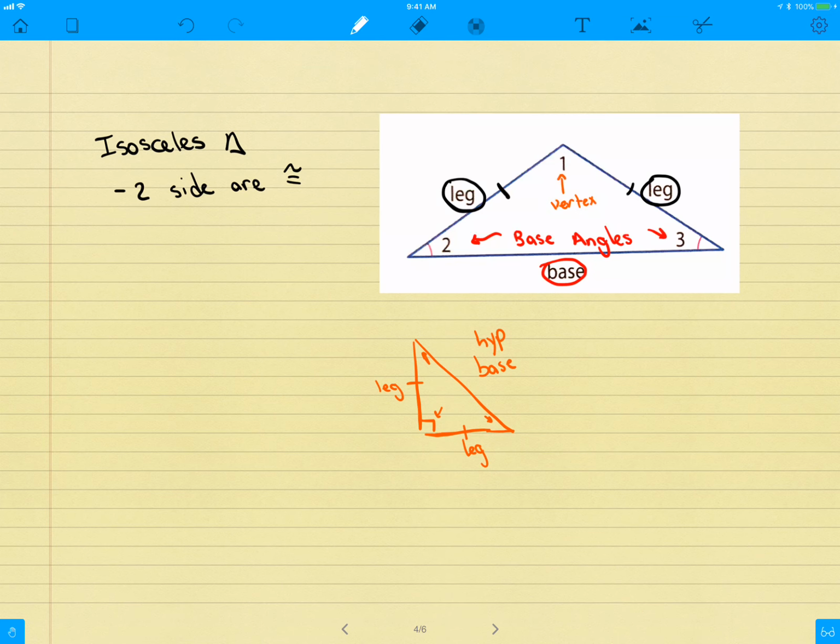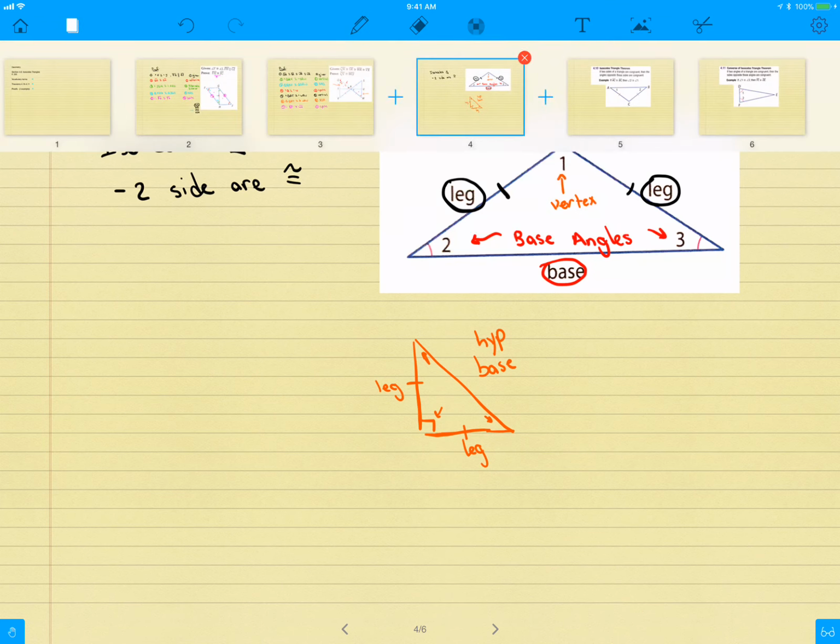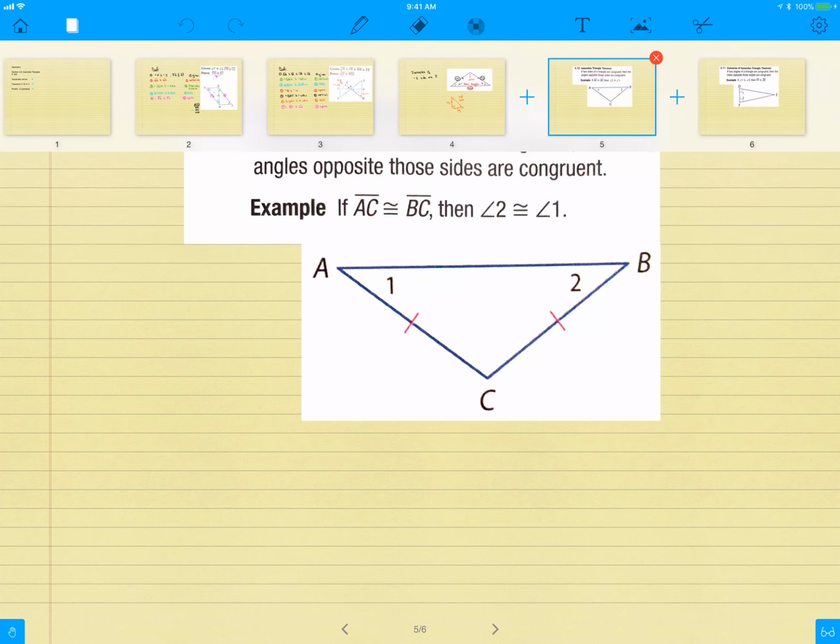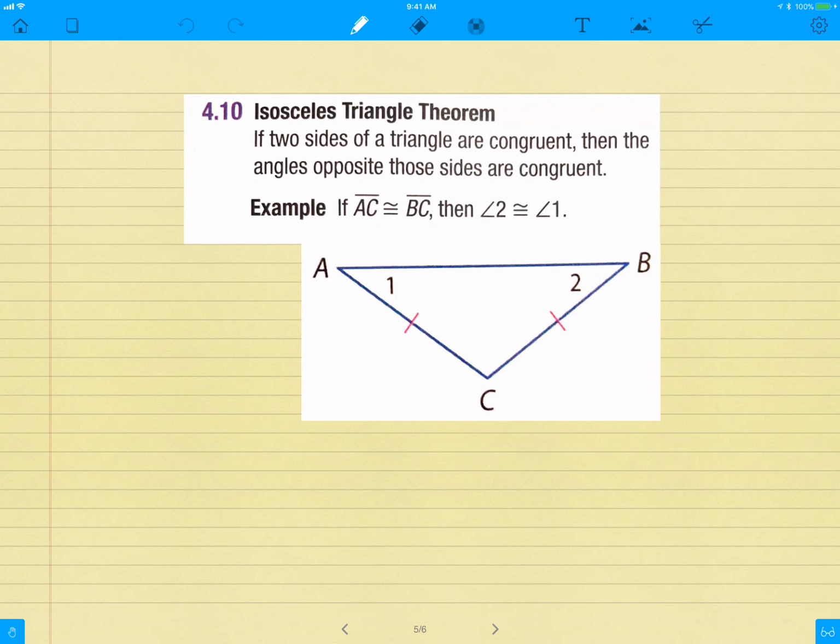Okay, let's jump right in. Let's talk about our two theorems today. I'll let you write them down, and I'll talk about them out loud. And again, our sub can pause it. Okay, so this is theorem 4.10,